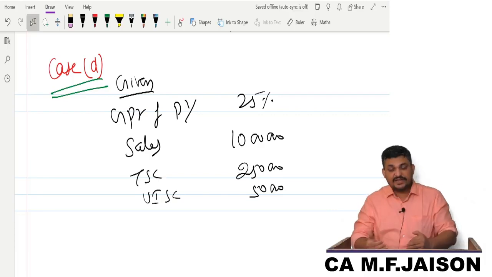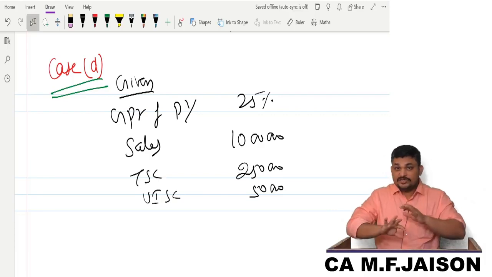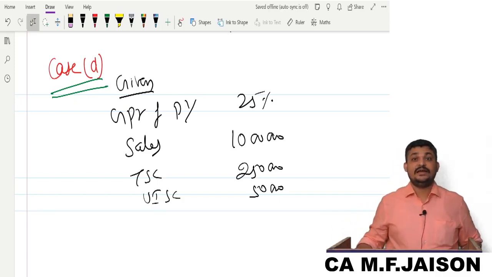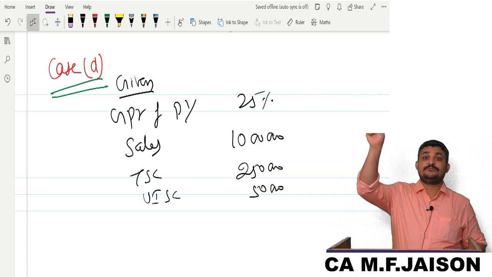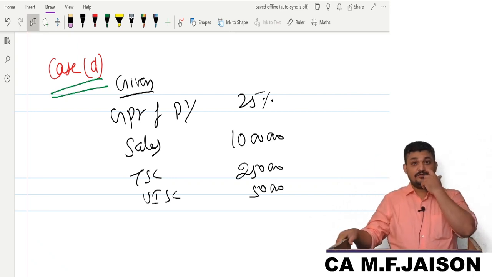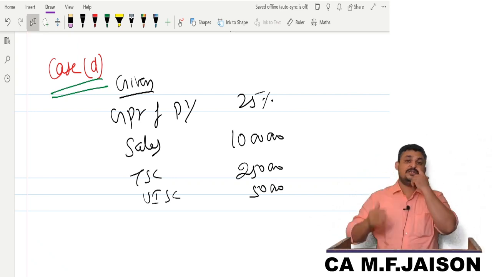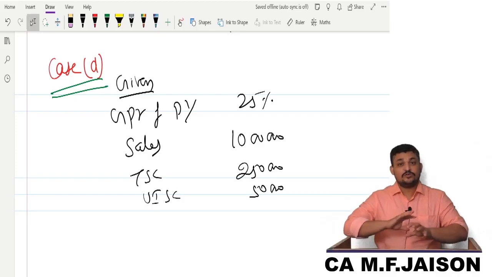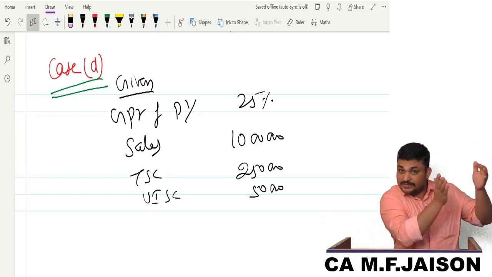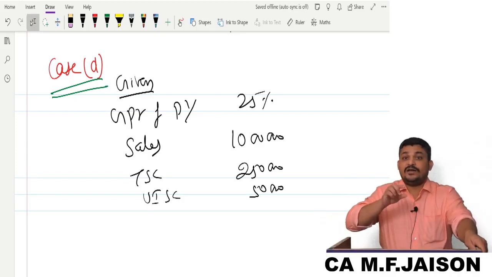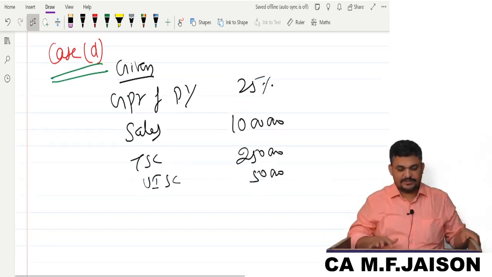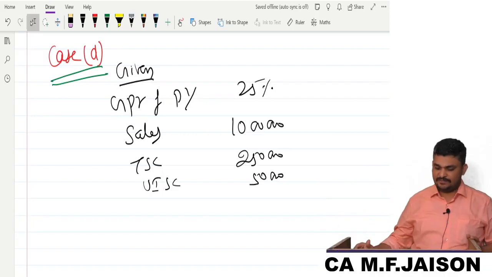But whatever is given in the question, you should understand is not the GPR that we require. It is a GPR based on trading account gross profit, sales minus cost of goods sold. That particular gross profit ratio is what you should understand. Clear? Yes. So you should not say GPR is given, take GPR as it is. You can't say that, my dear friends. This is a normal GPR, but we don't want this GPR. We want a different GPR. Did you understand? Yes, sir. Okay, so proceeding, let's see how to calculate this here. Very simple.